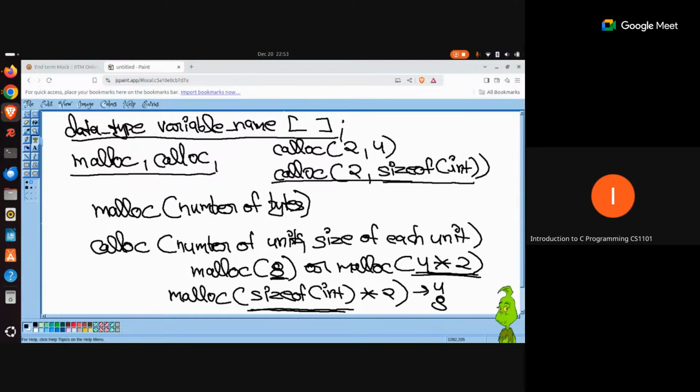And both of these things, this calloc that you are seeing here and this malloc that you are seeing here, they are going to do the exact same thing for you. They are going to request for 8 bytes of additional memory on a 64-bit architecture machine. But the question is, if they both are doing the exact same thing, why do we need 2 different functions? So of course, I understand the syntax is different, but how does that even matter? If they both are doing the same thing, doesn't really matter if I am passing the inputs in this way or this way, I am getting the same end result. Why am I needing 2 different functions, malloc and calloc? Does anyone know? What's the answer?